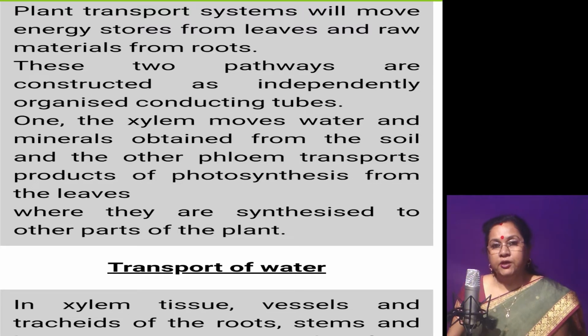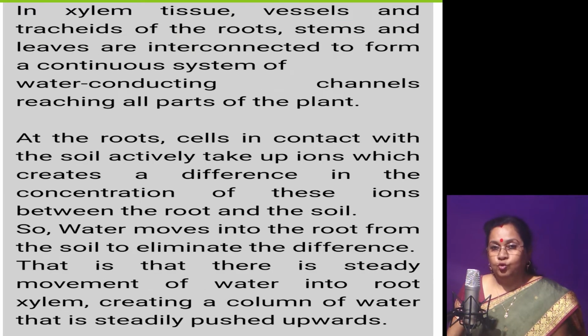There are two types of conducting tissues in the plants: xylem tissues and phloem tissues. Xylem tissues help in transport of water and minerals from the soil to the top of the plant. Phloem tissues transport food prepared in the leaves and hormones synthesized at the root tip and shoot tip from leaf to roots and roots to all parts of the plant body.